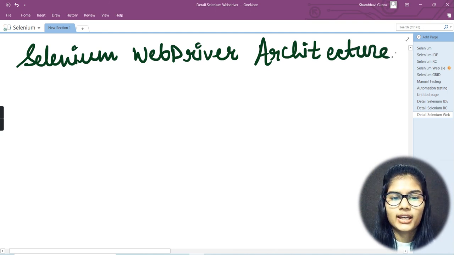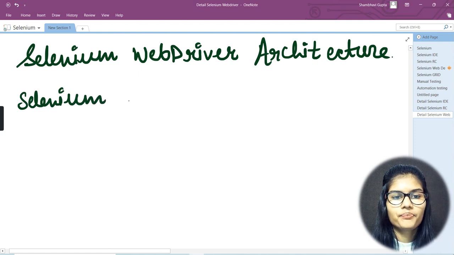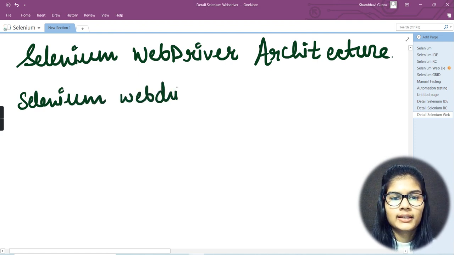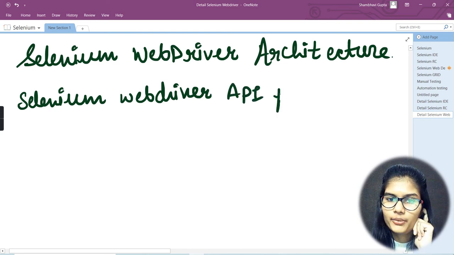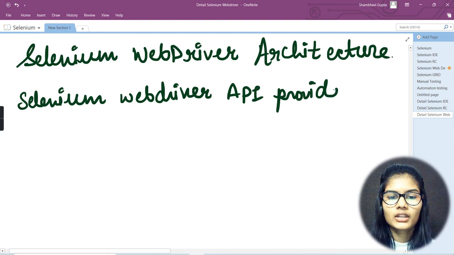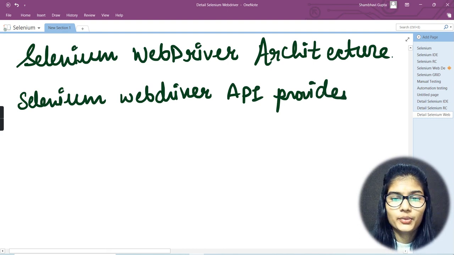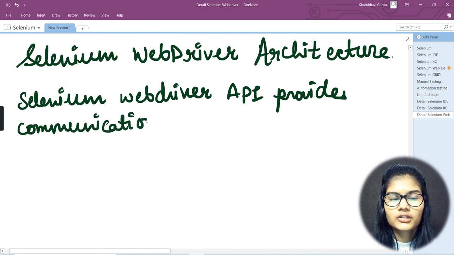Fine, it's Selenium WebDriver architecture. So let's discuss this in detail. The Selenium WebDriver API provides communication facility